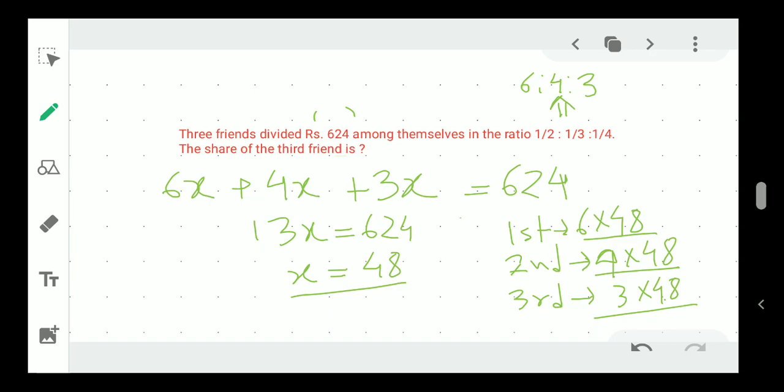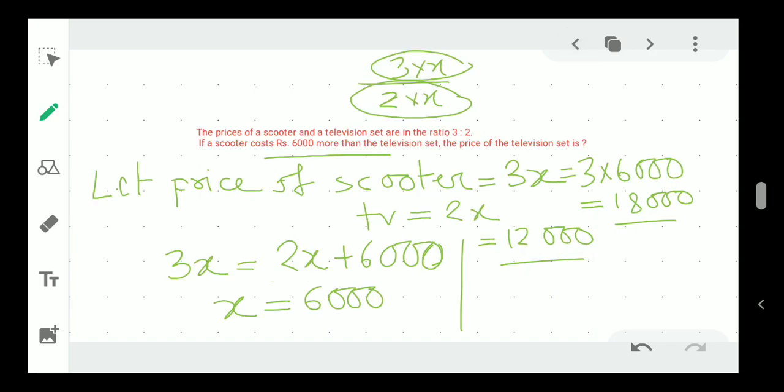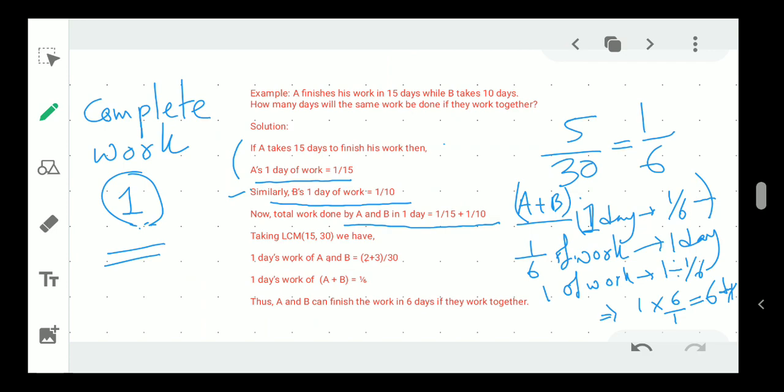So in this way, in some maths, when you get a ratio like this with fractions, your first job is to multiply each of the terms with the LCM of all denominators. In that case, you will get a simple ratio, and then you can use your algebra and do the math clearly. Okay, so this is one kind of math which I wanted to share with you. These are some typical maths where you have to use this kind of technique.